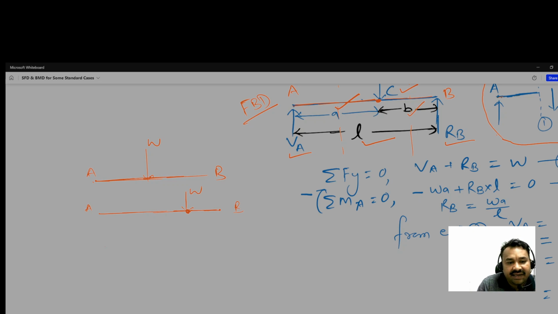So what we get, the shear force, the nature we know, from A to C how it will vary, constant, and C to B the nature is the same, as the load W acts at the mid. But now the distance where W is acting, so A to C